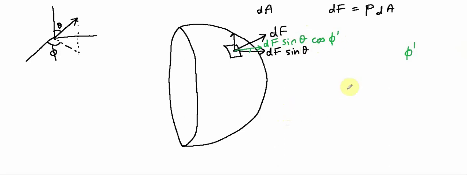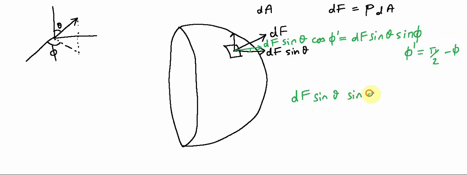And because phi is the complement of phi dash, then this is further equal to df sin theta sin phi. So this component, which is equal to df sin theta sin phi, is the only component that survives, because you see,